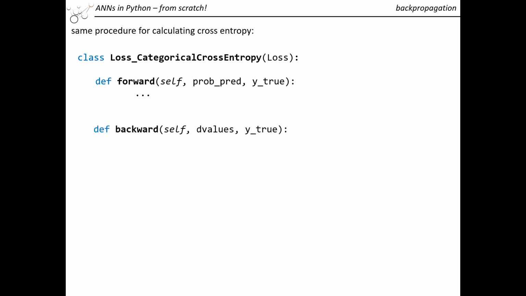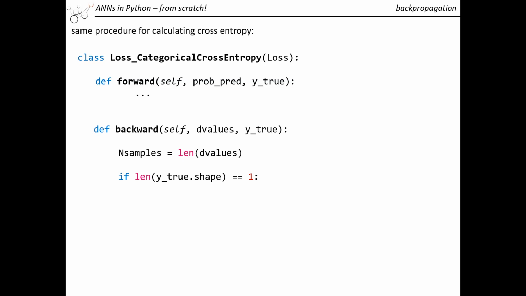We have now our function where we calculate the cross entropy, and also here we have to add now our backward part. So let's say we get our d values, and of course we have to compare the predicted probabilities with the actual probabilities. So again, we want to make sure that we have the right shape or the right structure of our class,